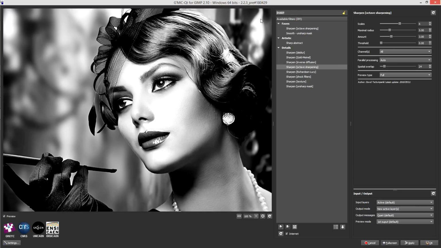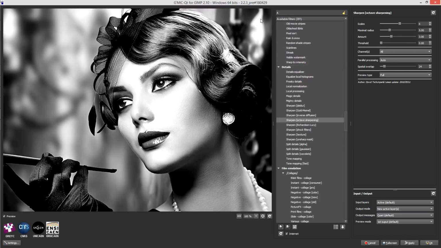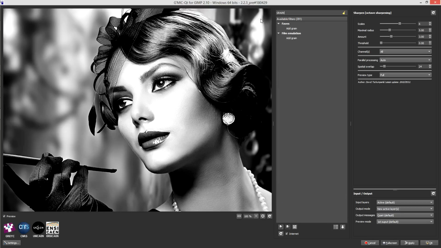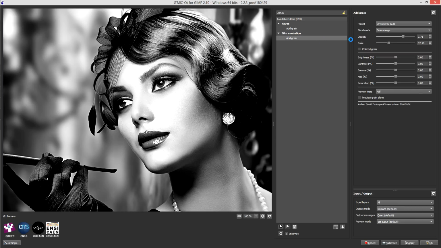and now we're going to add the grain, and it's really the grain that's going to bring the effect of an old-time film or old-time photograph into effect. So we're going to type in grain, and we're going to go down to film emulation. I've already saved this as a favorite, which is why it appears up there. We'll go to film emulation, click on there,